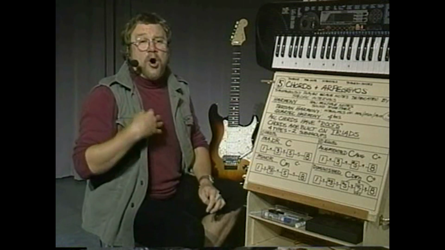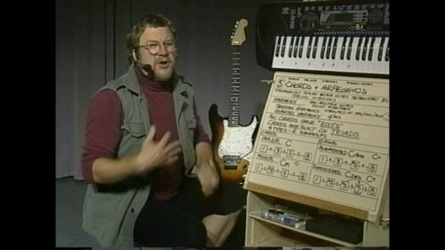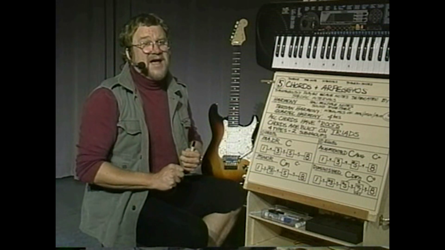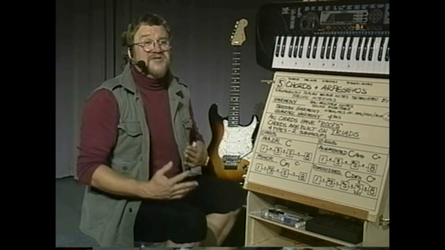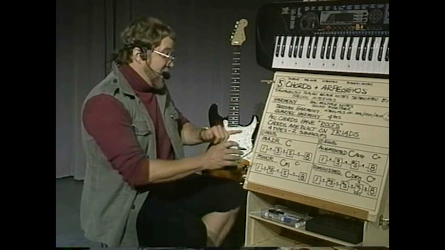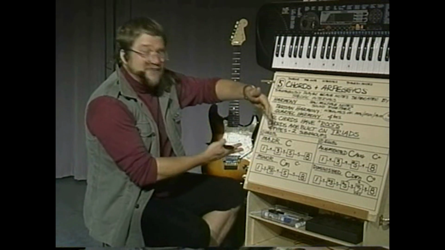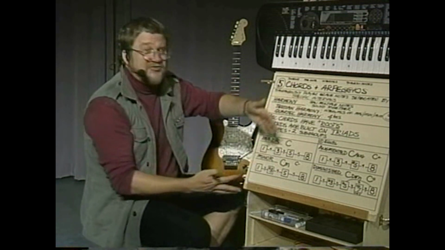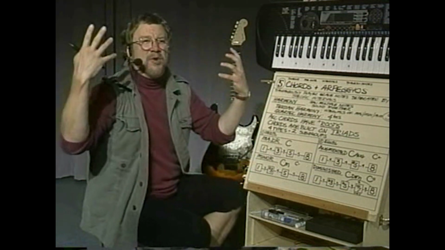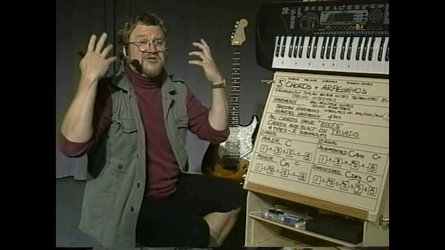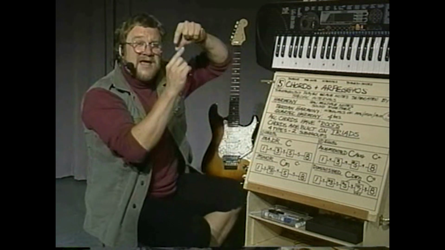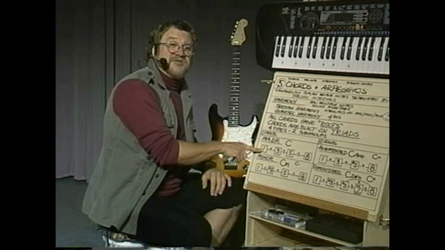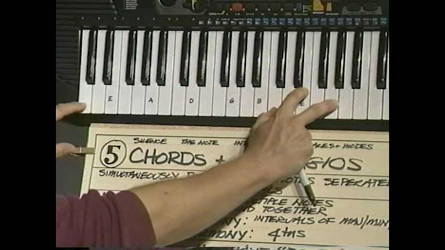Since all of the notes are different distances apart, they can only fit together in one way. Each of the individual notes in that pattern can only occupy one specific position. The 4 half steps have to be in one particular place, and the 3 half steps have to be in another place, and the 5 half steps in another place. And like I said, I'm overstating this in a way, but your mind has learned the trick of figuring out where the 4, the 3, and the 5 are, which points you in the direction of going, oh, okay, that's the root note right there. So you come up with the answer,